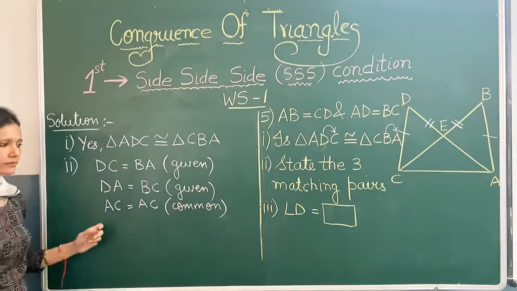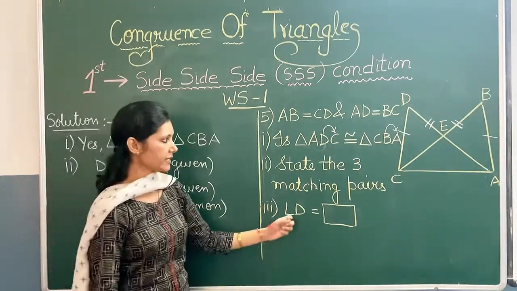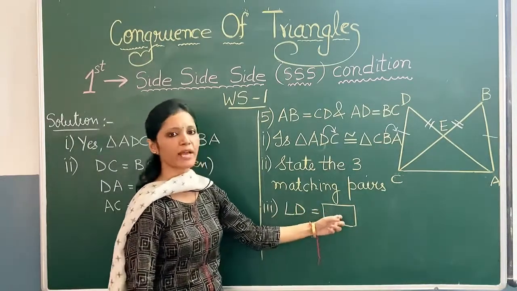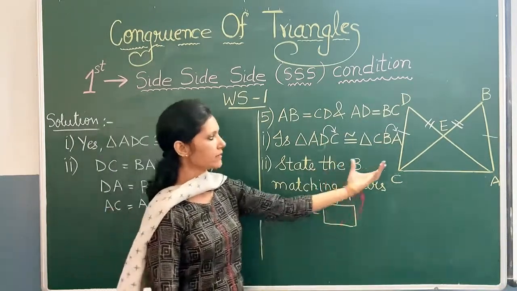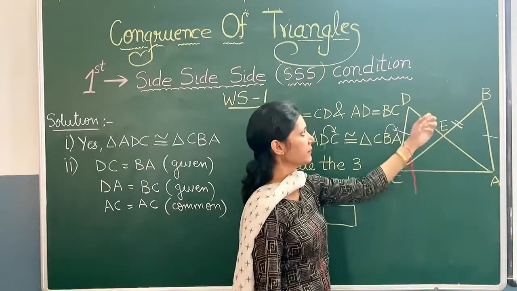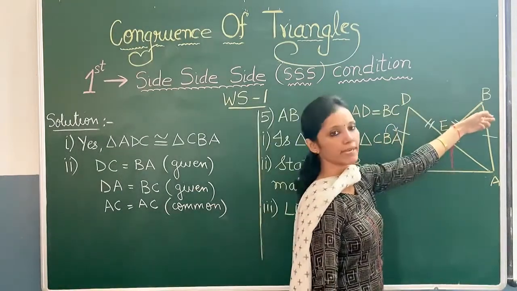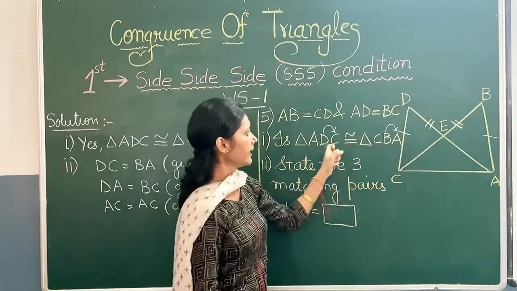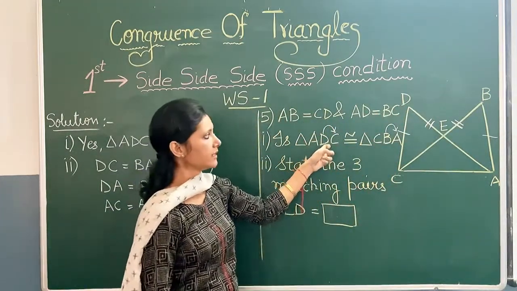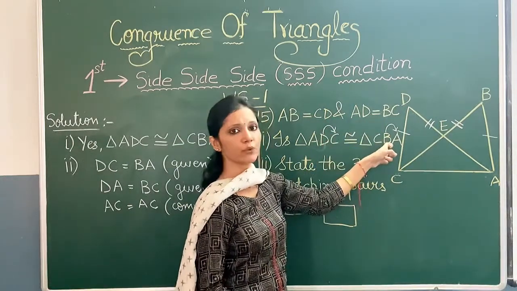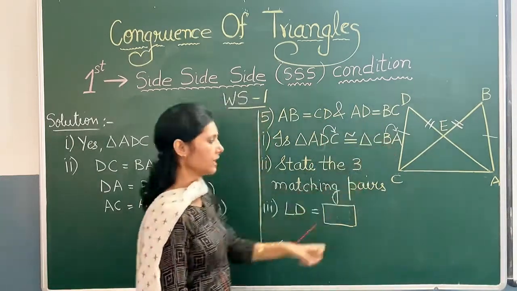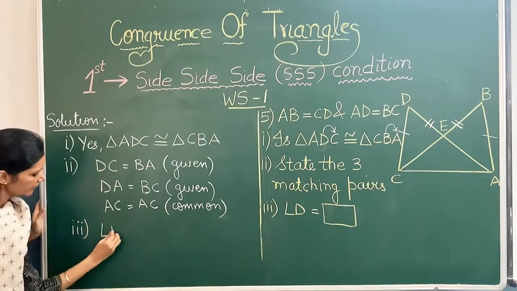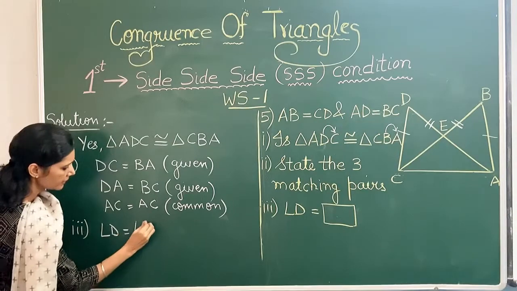Now the third part of the question is, if the two triangles are congruent, then angle D would be equal to which angle of the other triangle? So it is now very much visible from this diagram. Angle D would be equal to angle B. Or you can again have a look at the name of the triangle. Here the D is in the center, so the corresponding angle B is also lying here in the center. So the answer to the third part is angle D is equal to angle B.